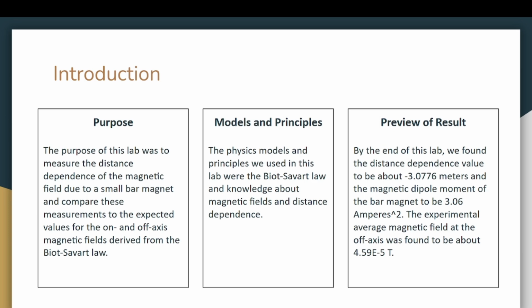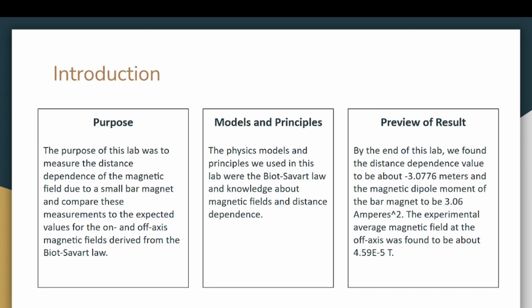As an introduction to the lab, the purpose was to measure the distance dependence of the magnetic field due to a small bar magnet and compare it with the expected values for the on and off axis magnetic fields. The models and principles we used in this lab were the Biot-Savart law and knowledge about magnetic fields and distance